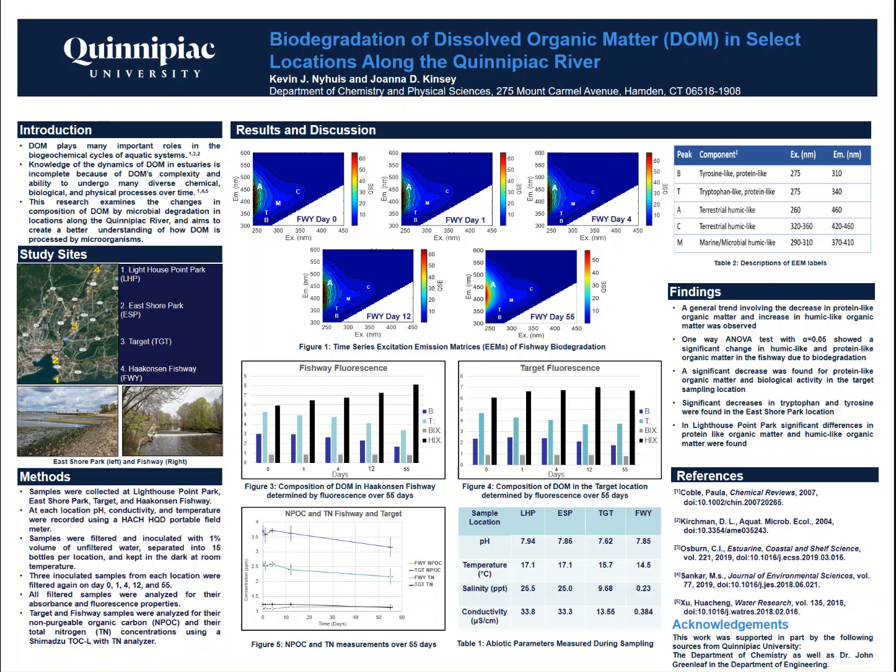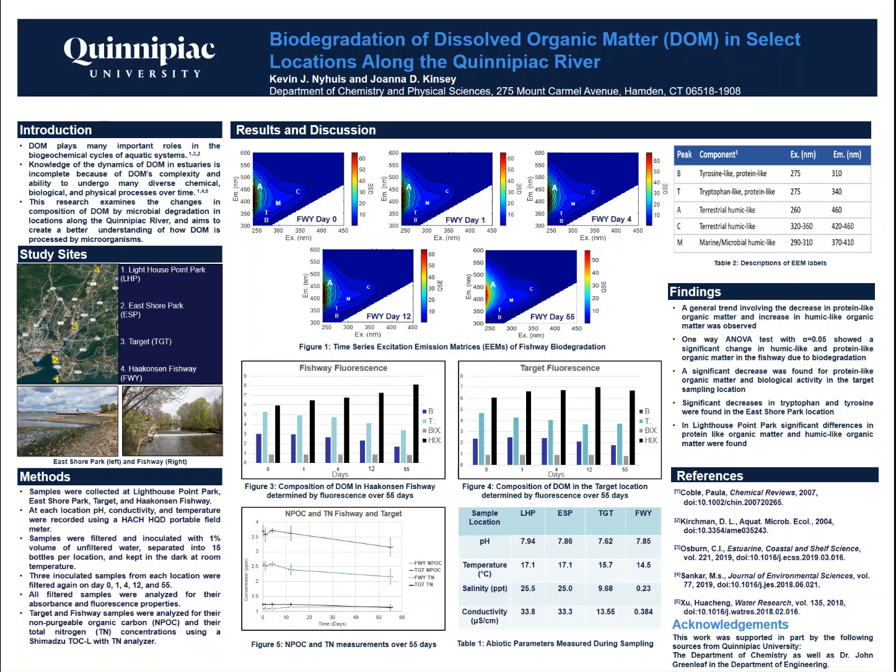When looking at these bar graphs, we see a general decrease in the B and T peaks, which represent tyrosine and tryptophan-like organic matter. There also appears to be an increase in HIX, which is the humidification index, and corresponds to the amount of humic-like dissolved organic matter in the sample. The fourth value is BIX, or biological index, which is the measure of the biological activity in the sample. We used one-way analysis of variance tests on these values and found significant increases in the humidification in Fishway